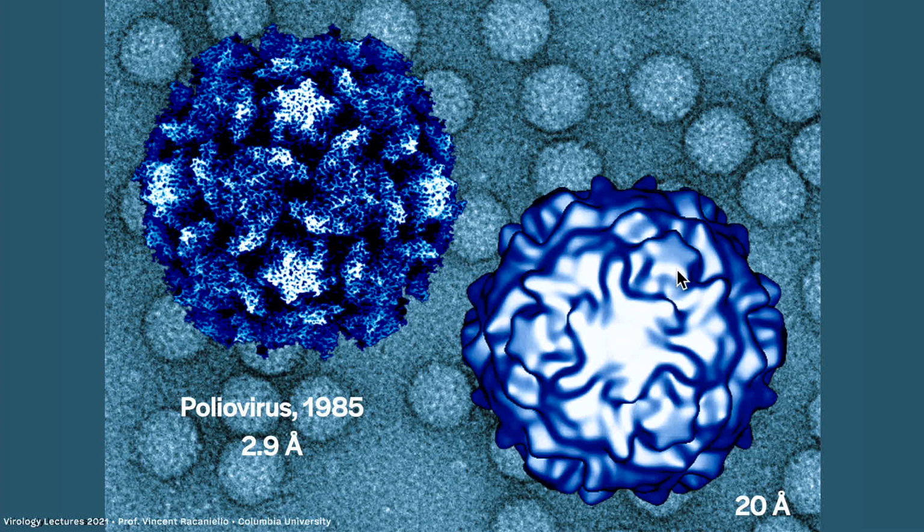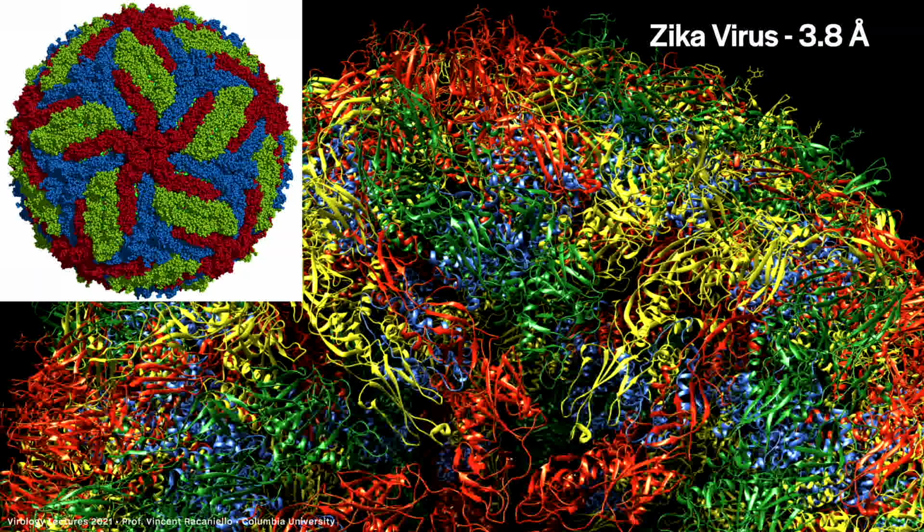Yeah, that's called the five-fold axis. There are 5 copies of a protein arranged around it, and it makes it look like a star. And in the background are the images of poliovirus particles that were used, frozen, and photographed to make the 20 angstrom structure. In 2015, when Zika virus emerged as a new pathogen,